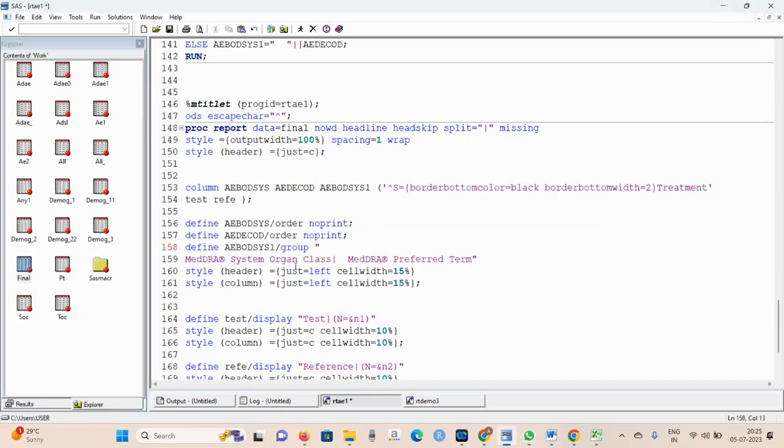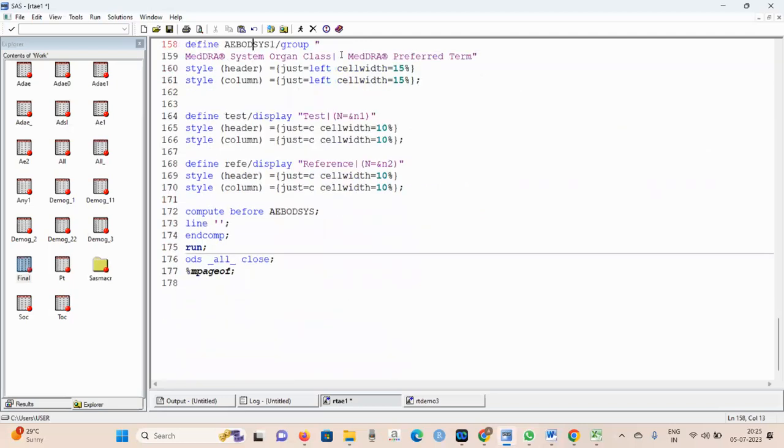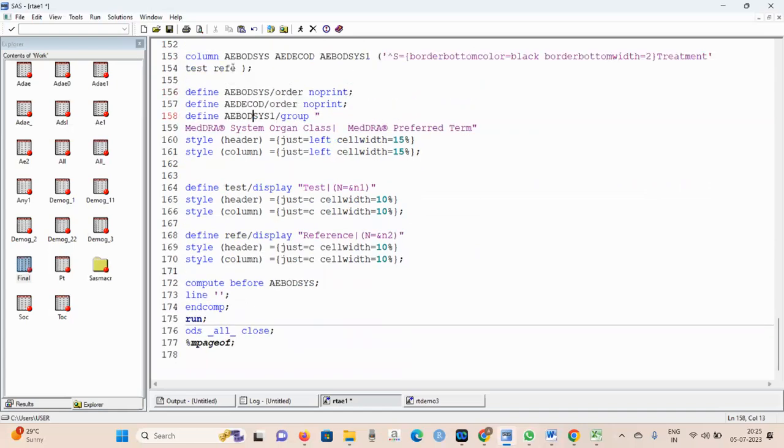I have given that label. Then I put left alignment, and for the display, I applied center alignment, and I have given the end count here. For each system organ class, I put a space between each one. So once you've done this one,